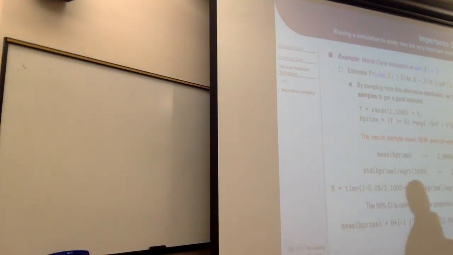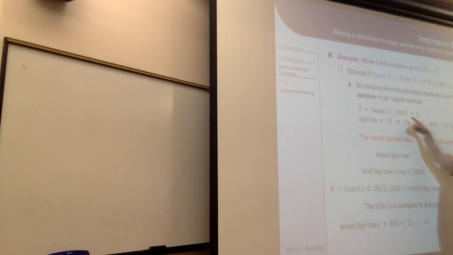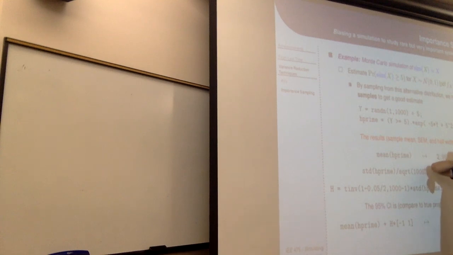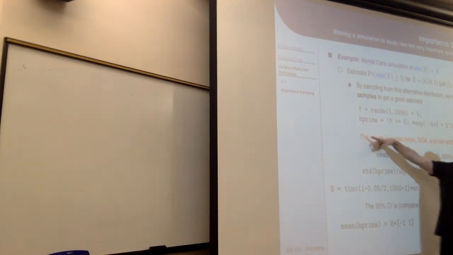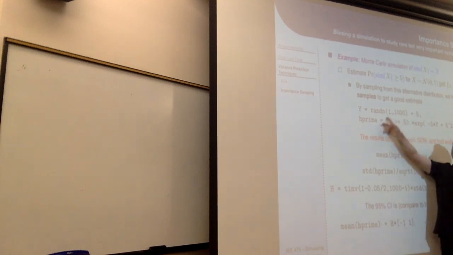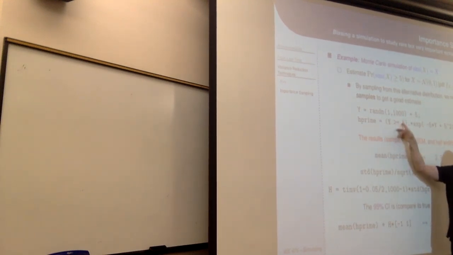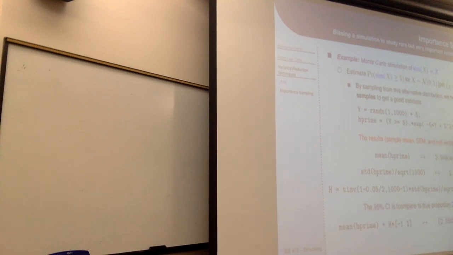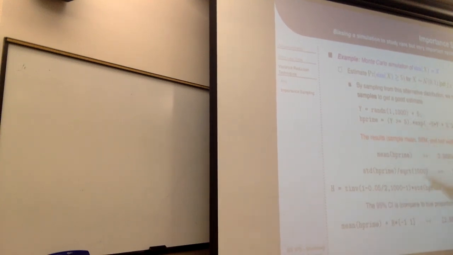All right, so the way I implement this is I generate only 1,000 of my inputs from my biased input distribution. Not that many at all. I generated 10 million from the right one, and I'm only generating 1,000 from the wrong one. And then I create my simulation output. I'm calling it H prime. H was the original sim, and H prime is this different one, where I ask how many of my abnormal outputs are greater than 5? I know that's going to be way more than I need. So then I multiply it by that likelihood ratio that I just solved for on the previous page. And that will rescale my output slightly.